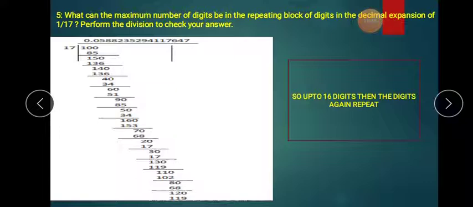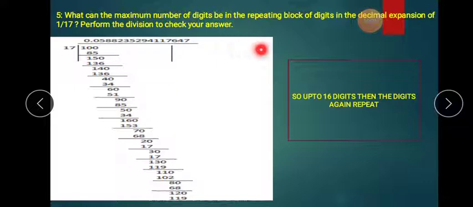So we have to put a bar on all these digits. If you count nicely, there are 16 digits. So up to 16 digits it will be different numbers, and after 16, again the same set of numbers will repeat. After this 7, again we'll get